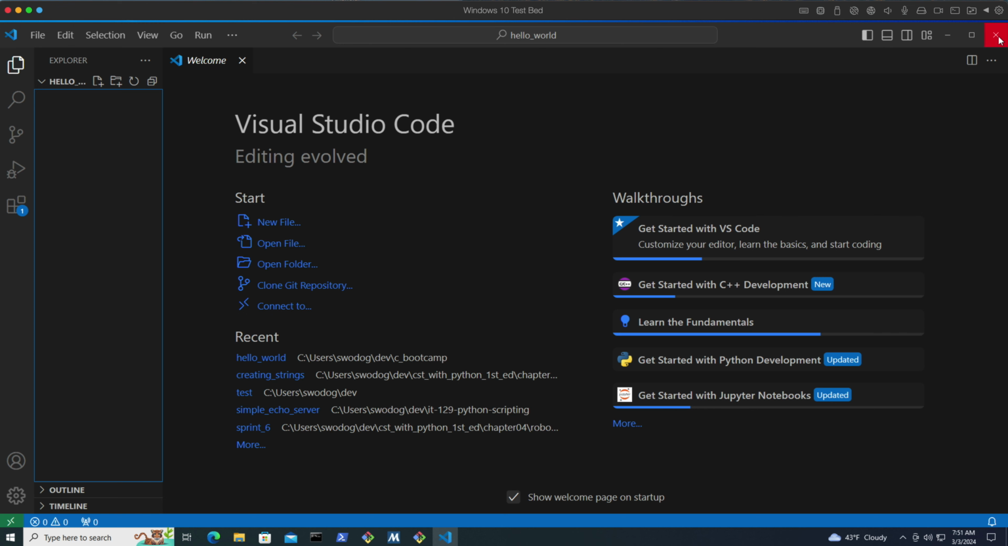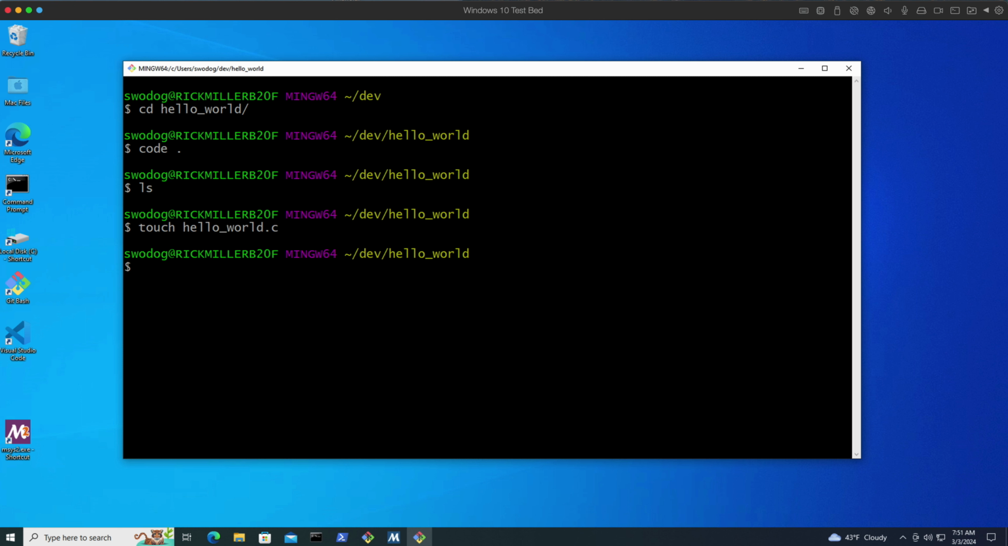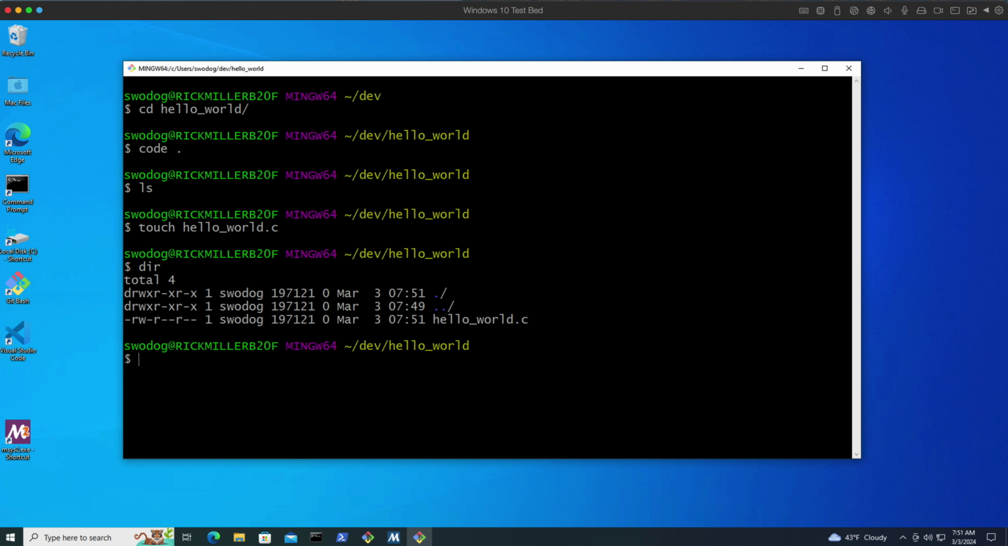And I'm going to close Visual Studio Code. And if I do an ls, we'll see that I'm in the Hello World folder, but I no longer have that hello world.c file. So another command that's very helpful is touch hello world.c. So that creates the C file. There would be nothing in there, but now if you do an ls or a dir, then you'll see hello